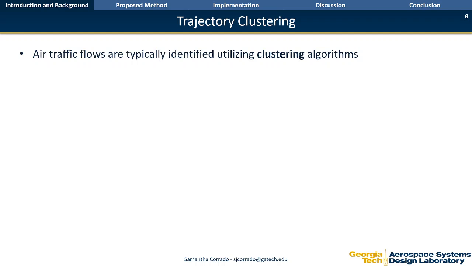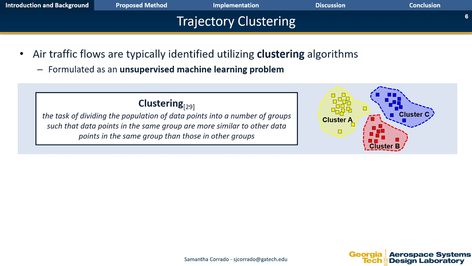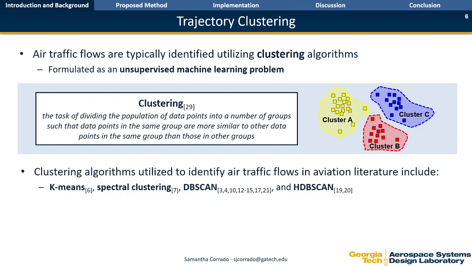Air traffic flows are typically identified using clustering algorithms. Generally, this is an unsupervised machine learning problem, as ground truth is not readily available. Clustering is a task of dividing the population of data points into a number of groups such that the data points in the same group are more similar to other data points in the same group than those in other groups. In aviation literature, algorithms such as k-means, spectral clustering, DBSCAN, and HDBSCAN are most often used to perform the